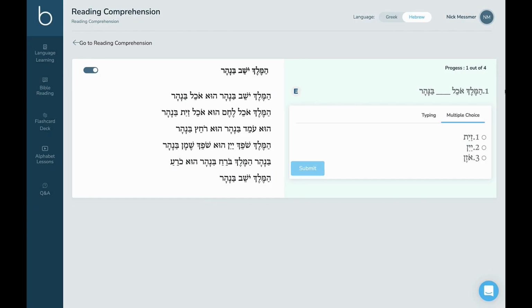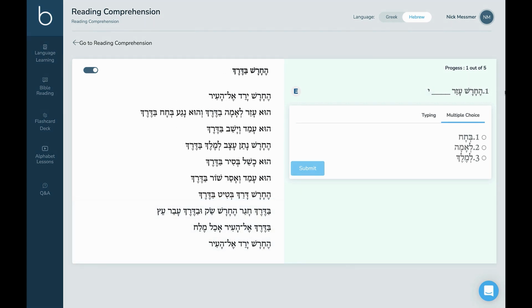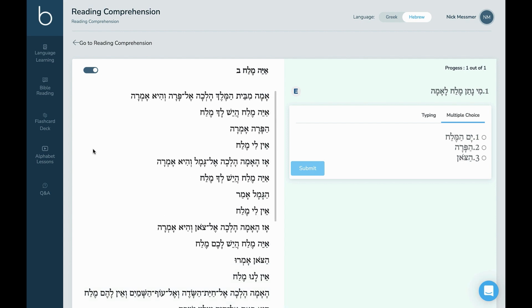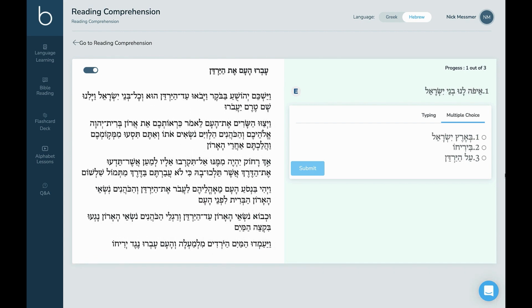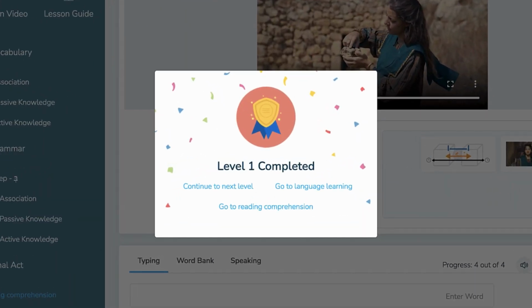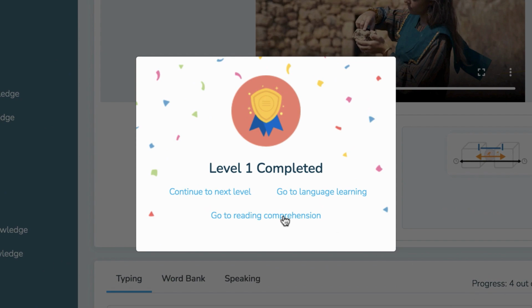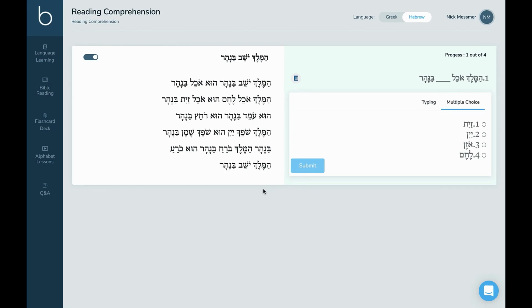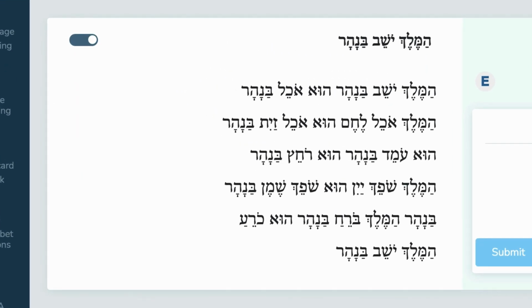Biblingo's reading comprehension drills help you build your reading skills at every stage of your language learning journey. Instead of struggling through texts that are too difficult for you, Biblingo has a built-in graded reader so you can consistently practice reading at your proficiency level. As you work through the lessons and learn vocabulary and grammar, you'll encounter reading comprehension drills. Each drill has an engaging story that includes only vocabulary and grammar that you've learned in the lessons up to